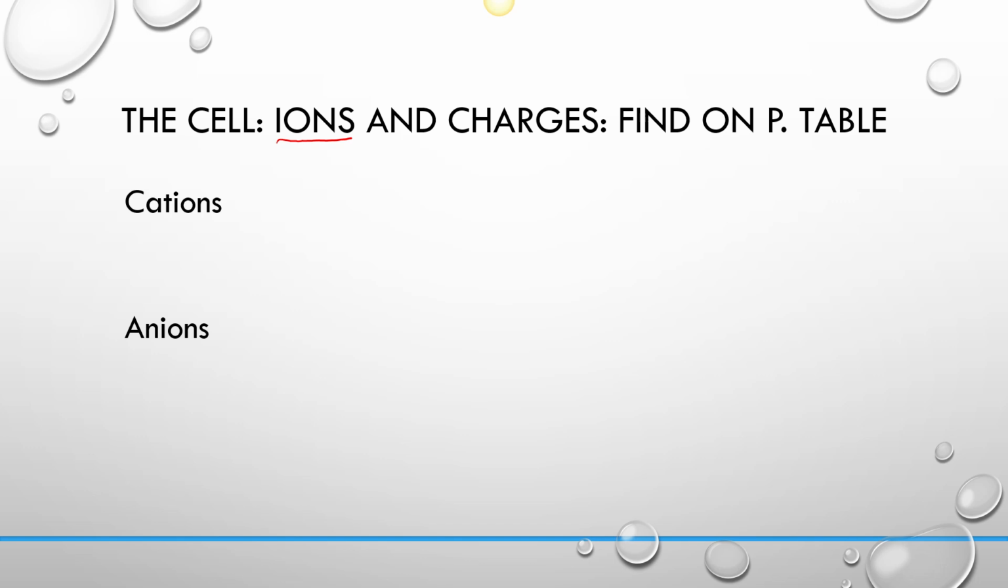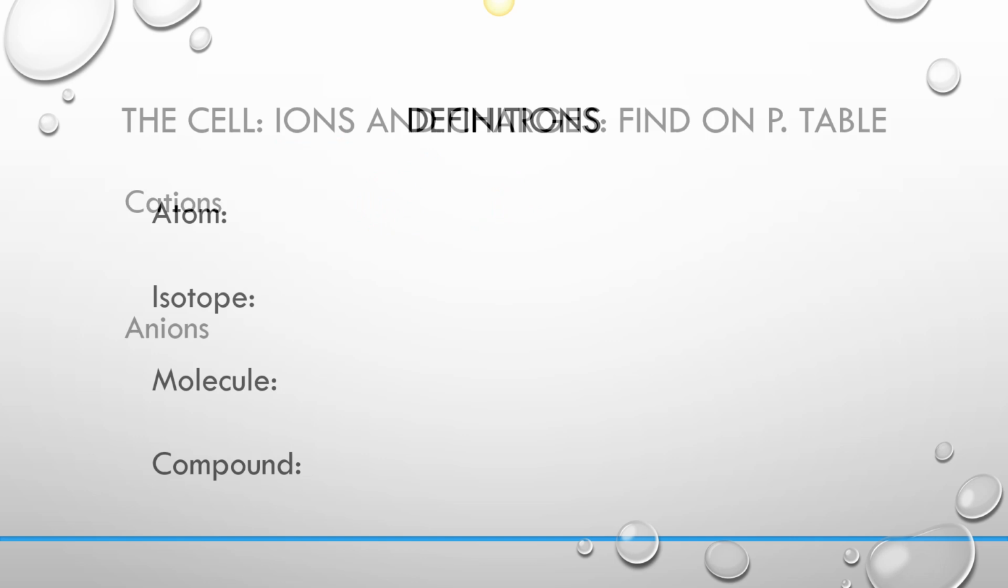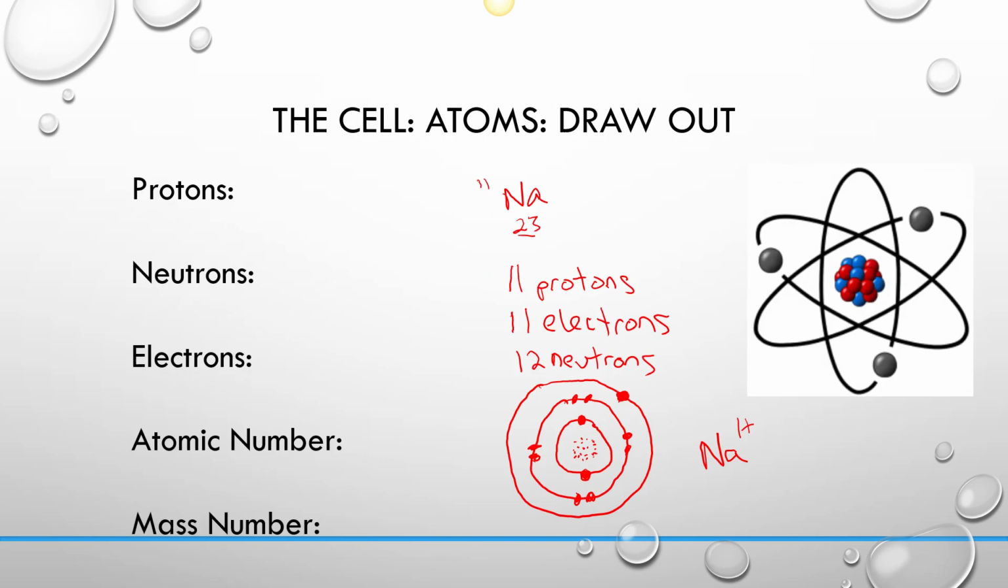So sodium, where we have Na, and then we had the rings, and then on the outer ring we just had the one. When we lose that one electron, we're giving up a negative charge. So sodium becomes positive by 1. So sodium is known as a cation. If we draw out the structure of,